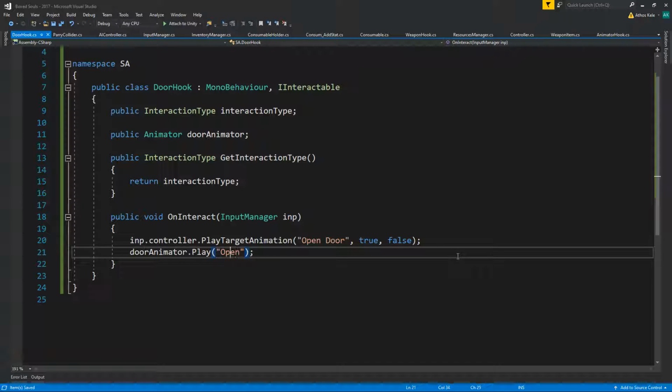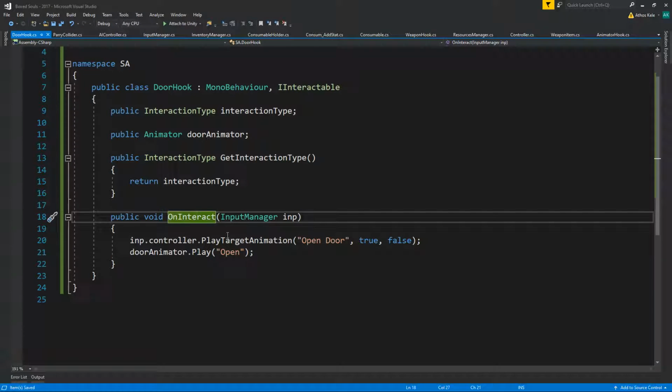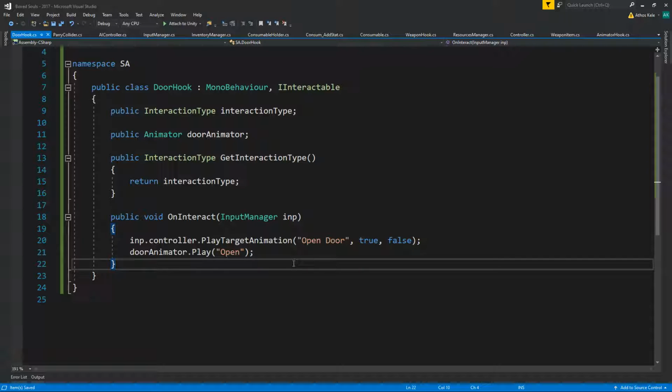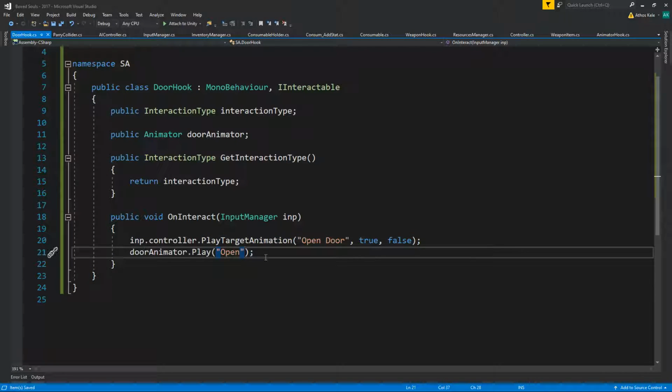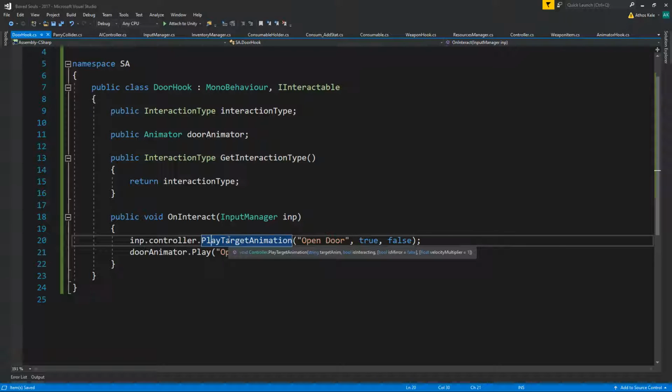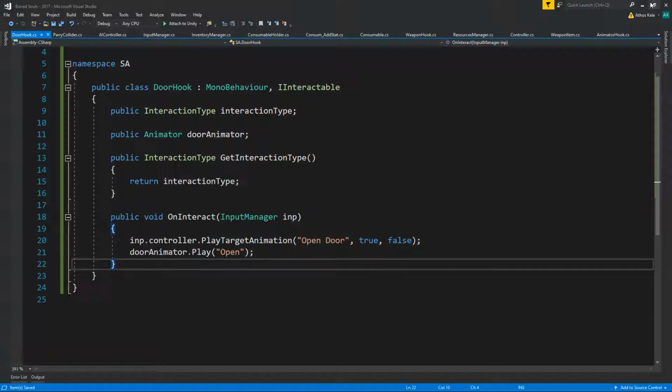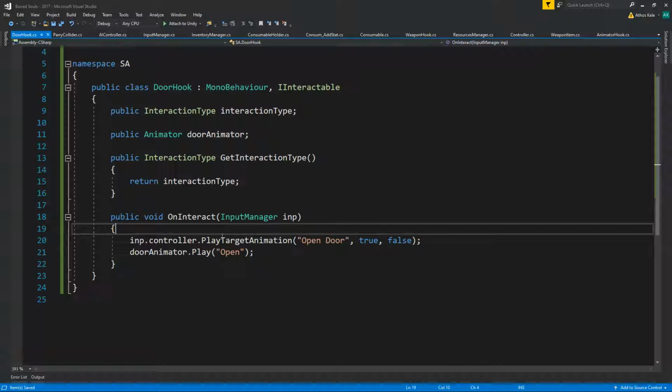Okay, or crossfade, but I think just play will do fine. So that will be your interactions. Now, of course, we do not want to be interrupted when we are playing this animation. So the easiest way to do this will be to just close your collider. Okay, but I think if we close our collider,